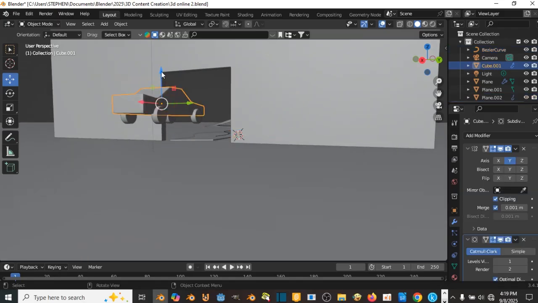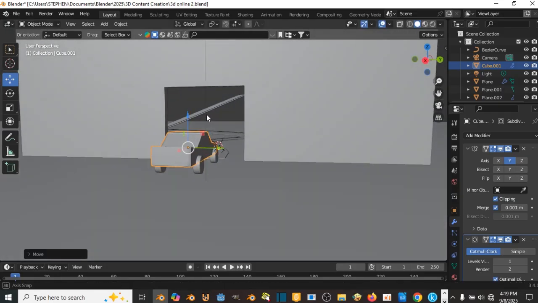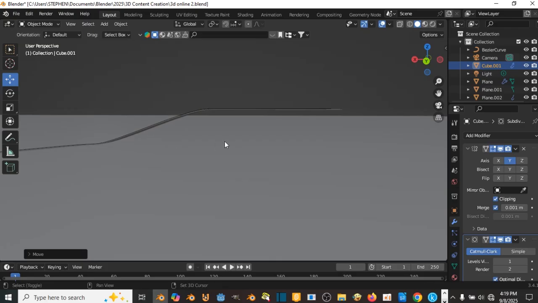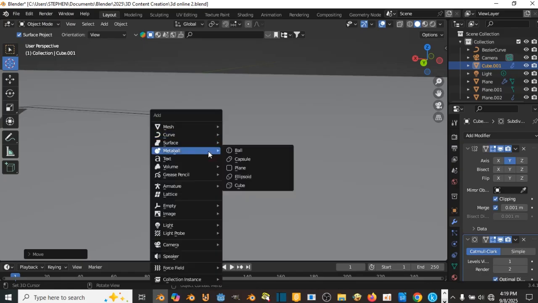So right now we can get this down. We have used a couple of modifiers for our work. So we'll have this coming up here and we can go over here. We want to create some kind of cage where our car is going to be parking. So the first thing I'm going to do is to click here and create